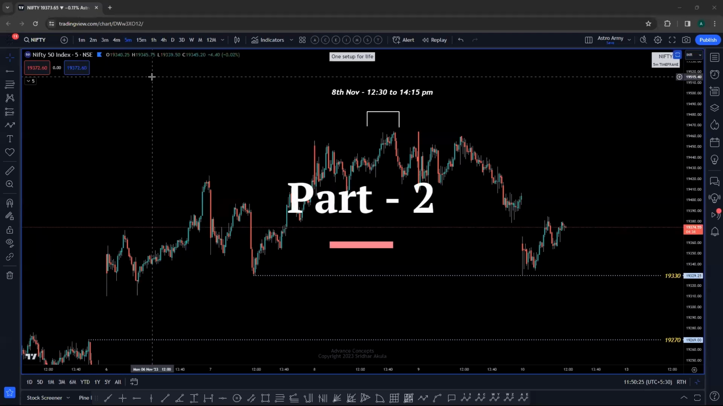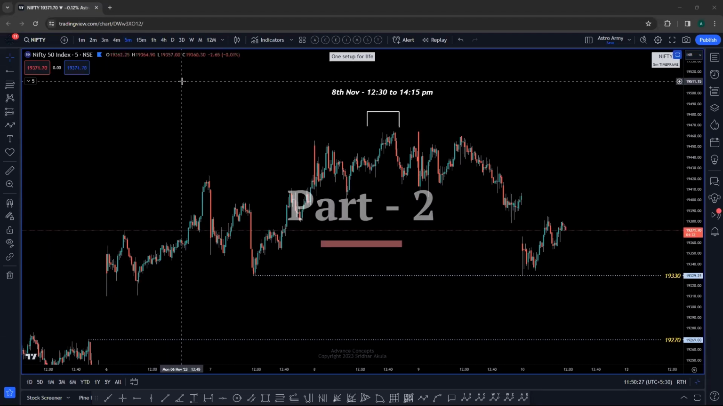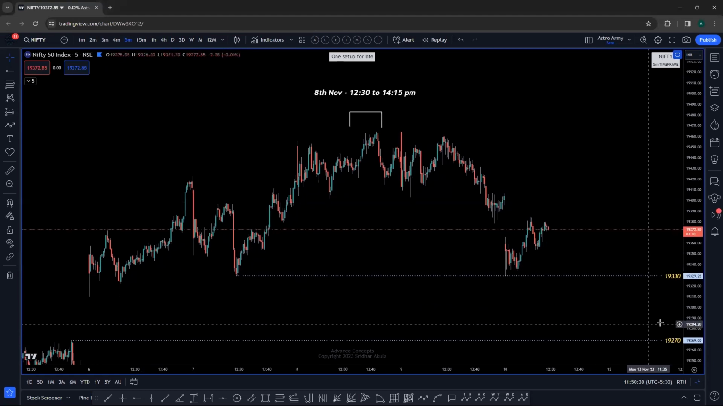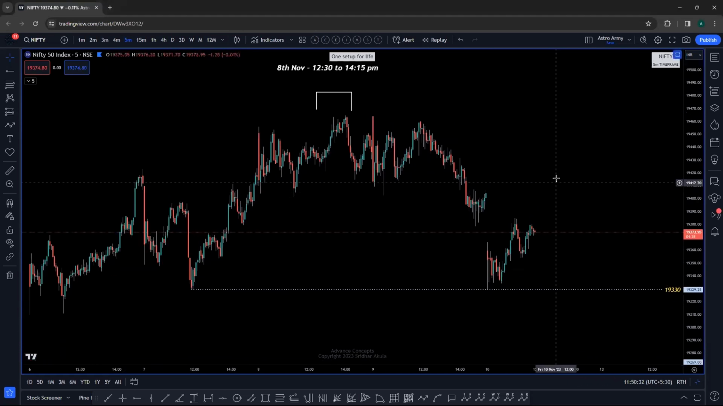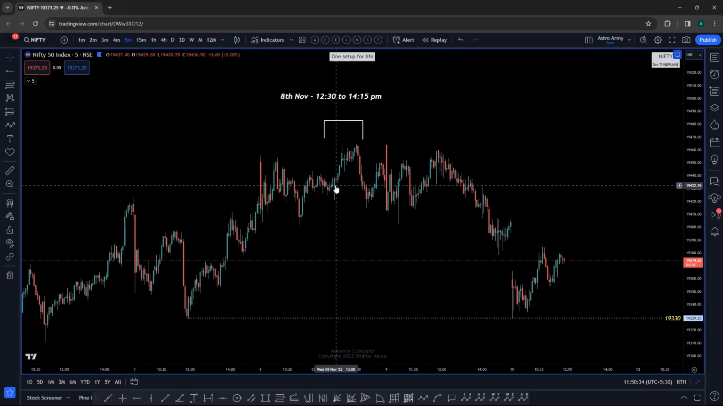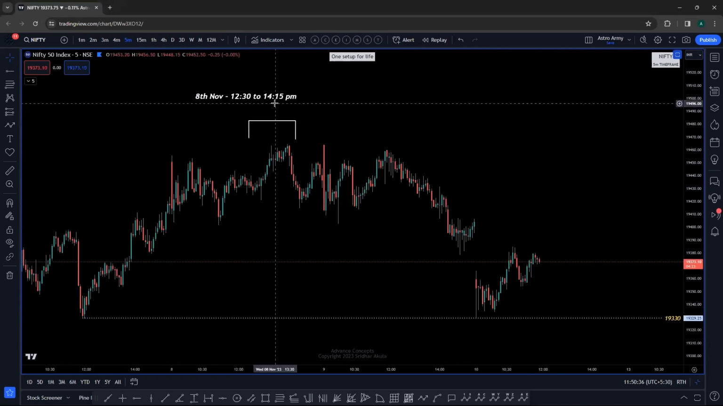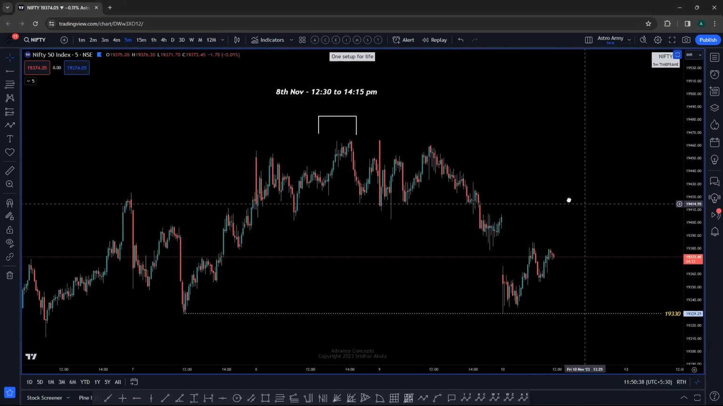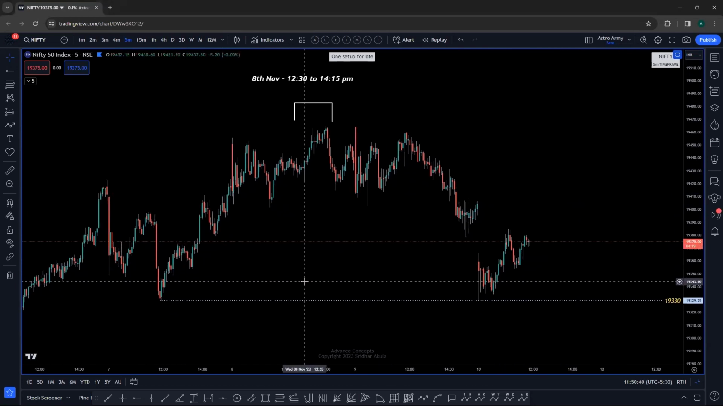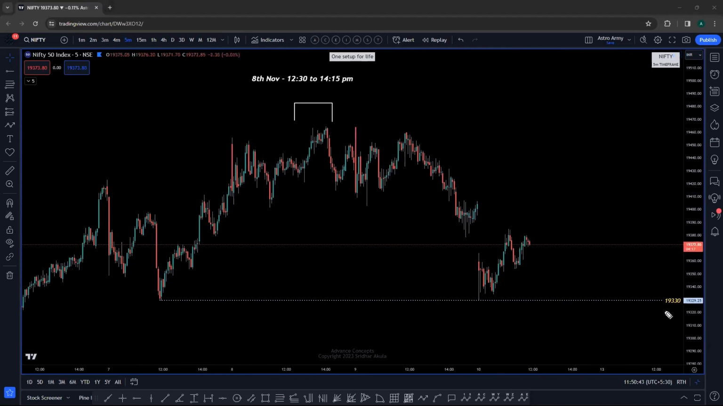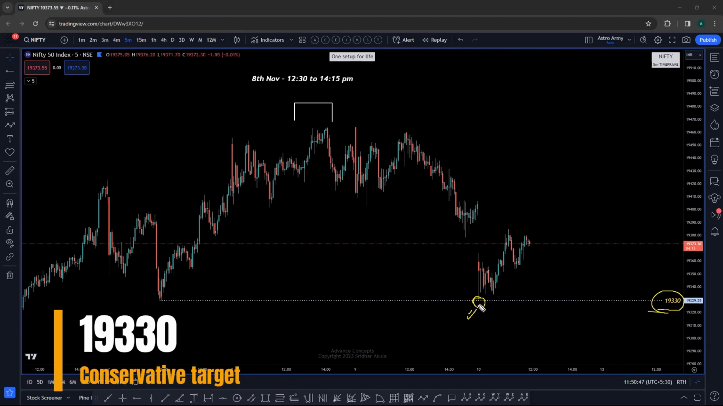All right, folks, this is your second part of your one setup for life. This is your trailer 2. Here you can see in the first part, I told you we had an important time zone around 12:30 to 2:15 p.m. and we were expecting a swing high to be made in the market. Our first target, clearly 19,330. It has been hit. You can see it has been perfectly hit and market has